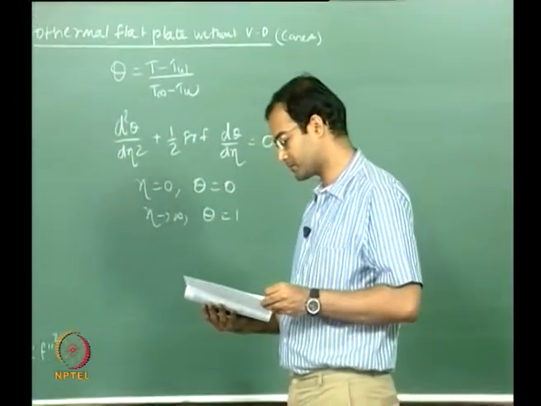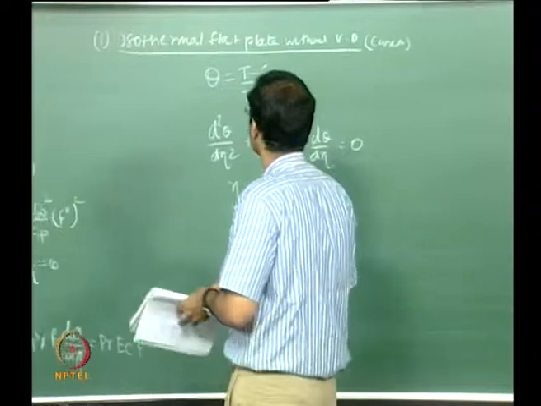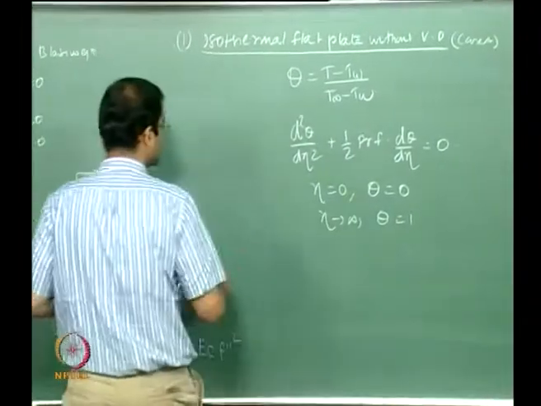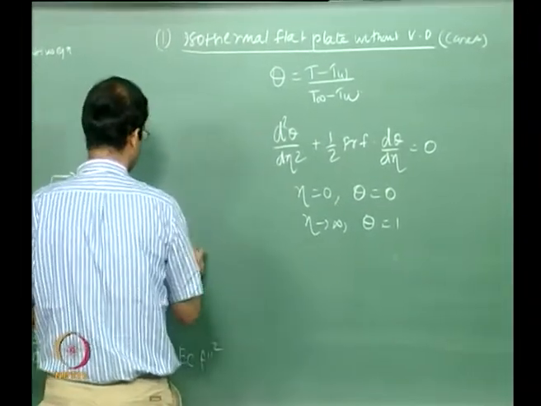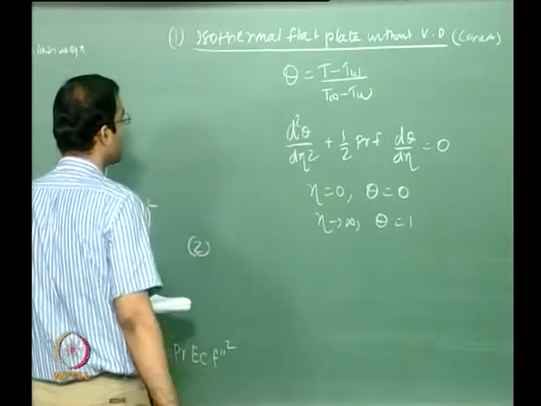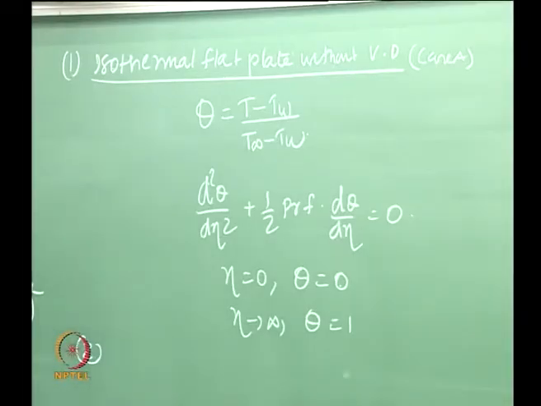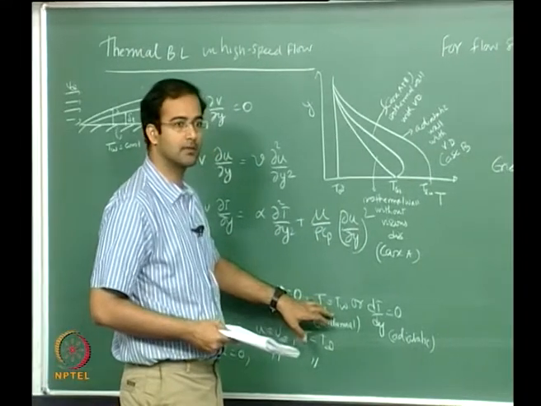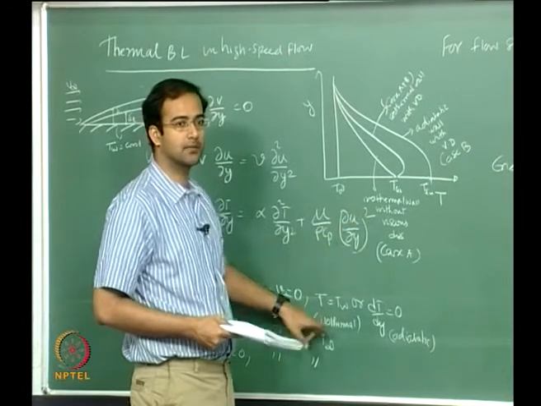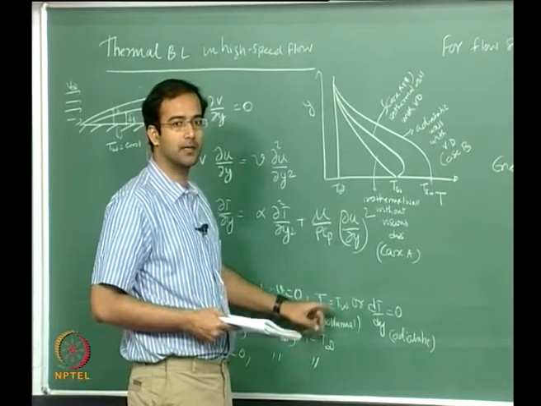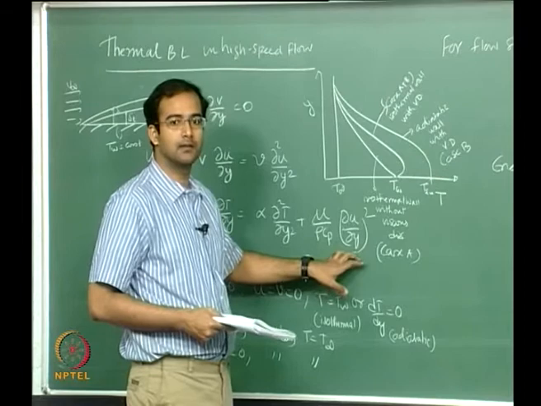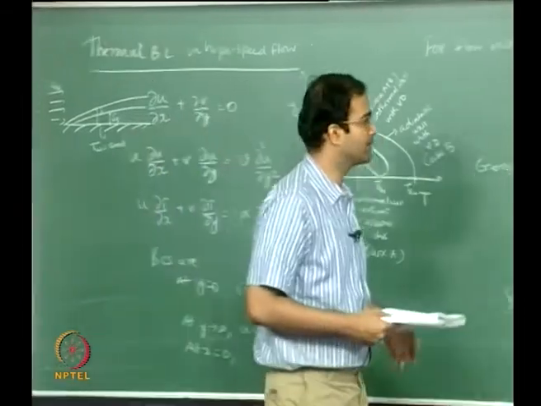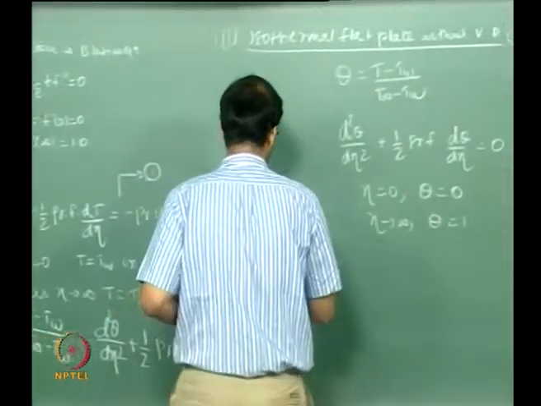Okay, so this is your solution which you have already done, you have solved by shooting technique or whatever. And now the second part of the solution. So this is one problem which you have considered. What will be the second problem? We have split this into two solutions. One is without viscous dissipation with an isothermal wall. The other should include viscous dissipation but with an adiabatic boundary condition.